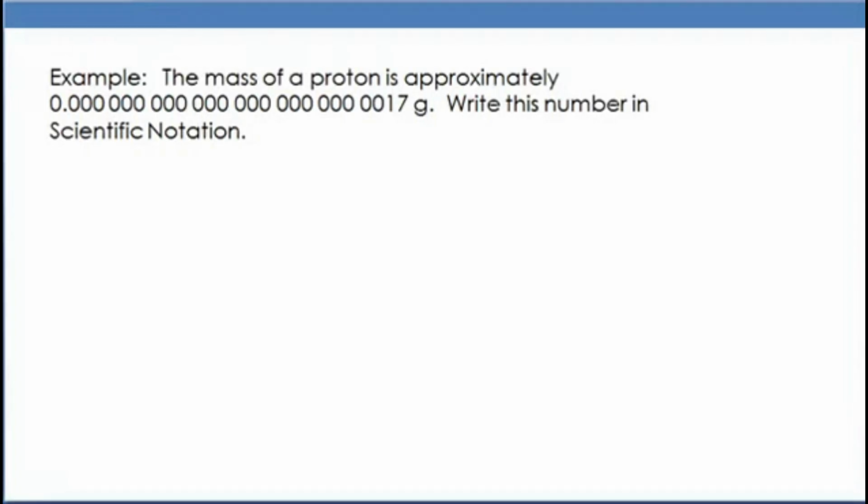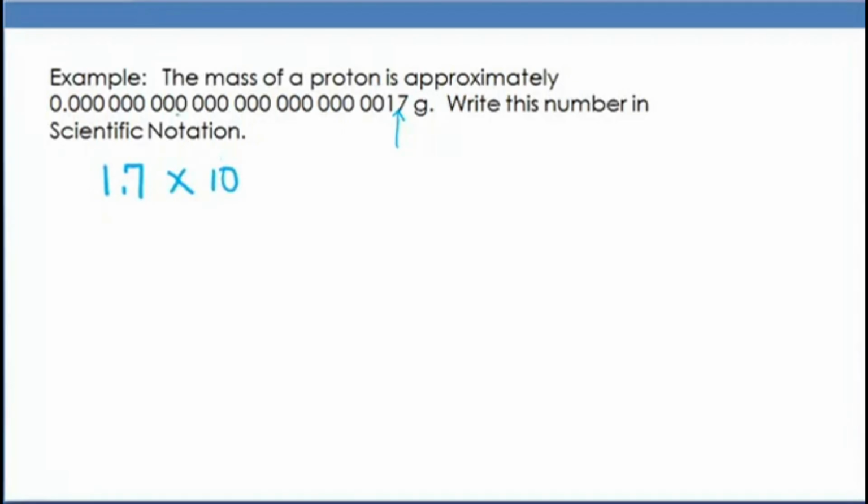The mass of a protein is approximately, and we see this extremely small number. Write this number in scientific notation. So our first job is to find the place for the decimal. It's going to go between the 1 and the 7. So we'll have 1.7 times 10,